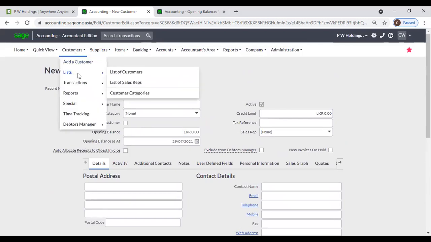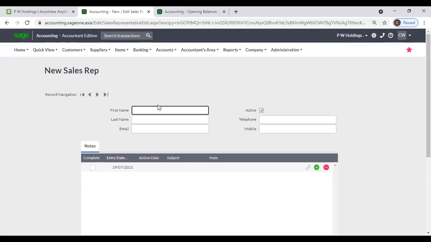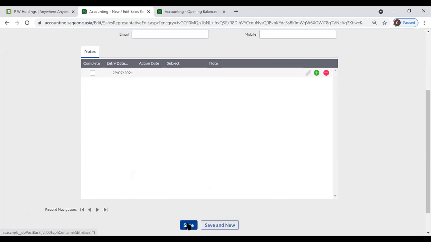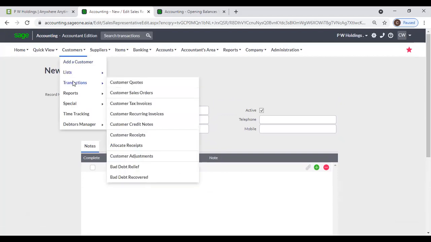Right. Next, sales rep. You can add a sales rep by add sales rep, and you can enter first name, last name, email address, and telephone numbers, and you can save this sales rep. Next,